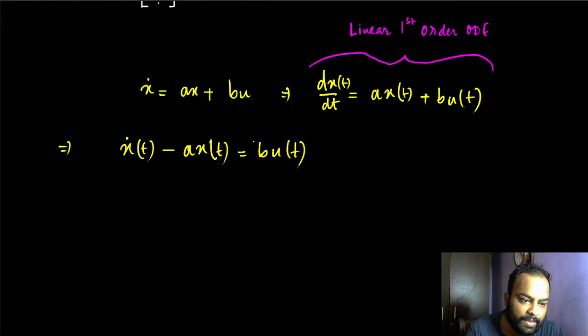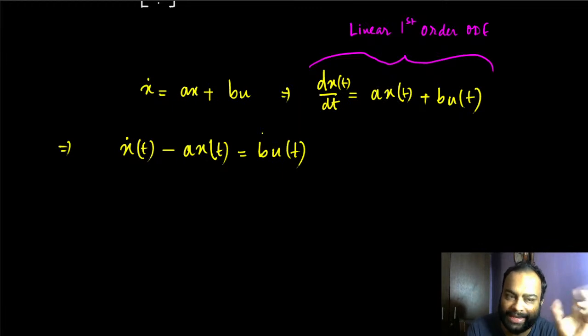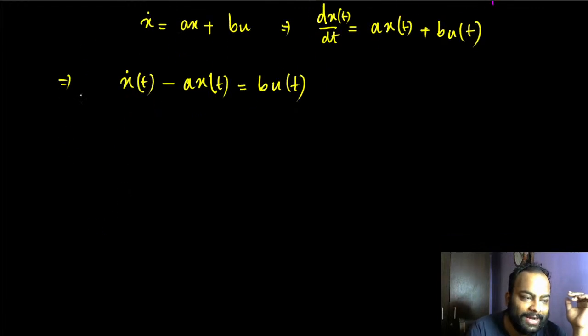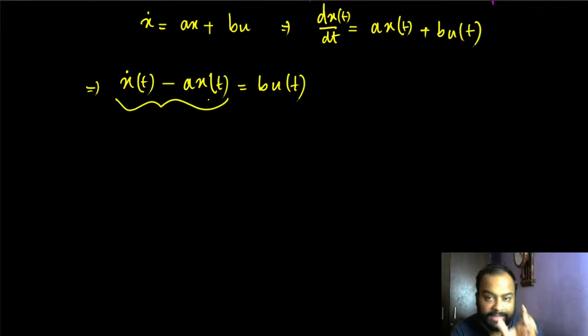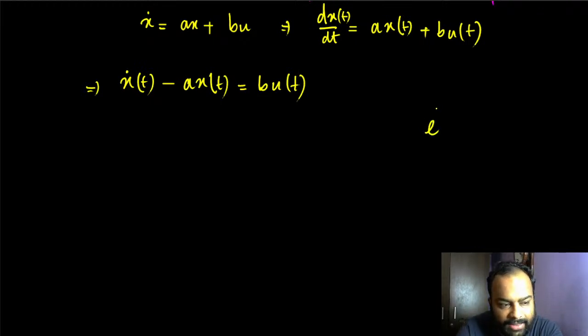In order to solve this, we need to multiply both sides of the equation with something called the integrating factor. But instead of bringing that up in this context, I'm going to multiply this with a factor that helps us combine these two terms. But before we do any of that, let me ask you a simple question. You probably already know the product rule of derivatives, right? Let's say I have something like e to the power minus at times x(t),